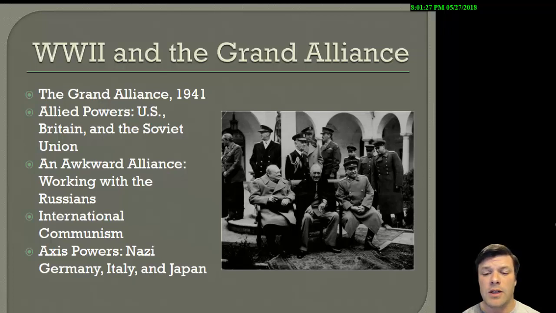We know that Franklin Roosevelt had desperately been trying to get Britain to hang on, and so if you're looking at that image there, the man to Roosevelt's left, Roosevelt's there in the middle, that'd be the British Prime Minister Winston Churchill. It's pretty natural that the United States would team up with Great Britain, lots in common, both democracies, all of that sort of thing. The guy to FDR's right, or our right, his left, that would be the premier of the Soviet Union. And the Soviet Union would comprise the last of the Allied powers.